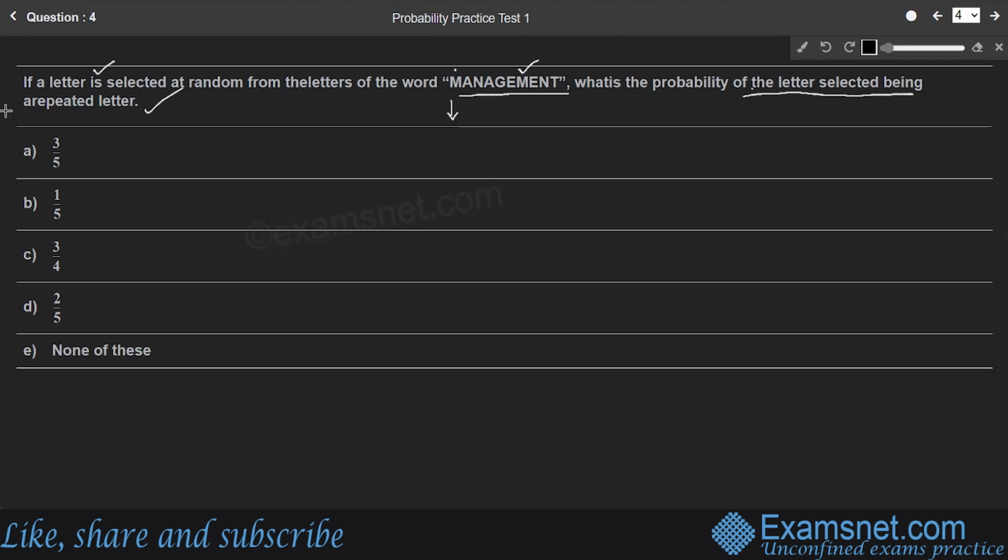The letter M is repeated once, and also the letter A is repeated. N is also repeated. Next comes letter E. E is also repeated. So here 4 letters are repeated. So we need to find the probability of the letter drawn at random being a repeated letter,